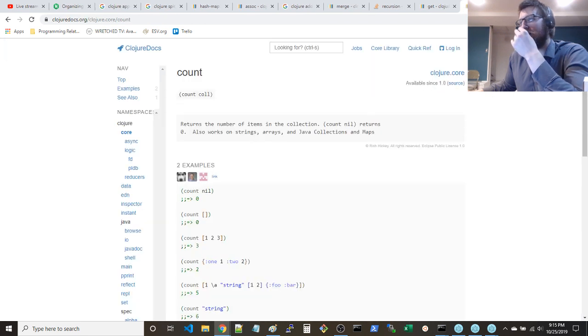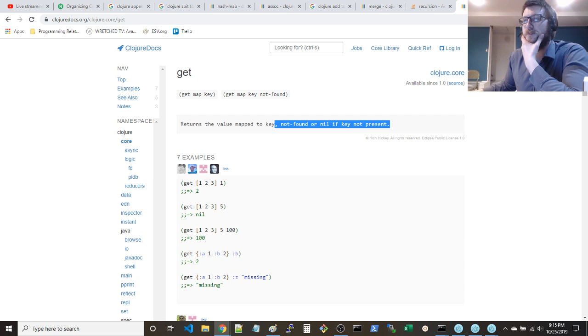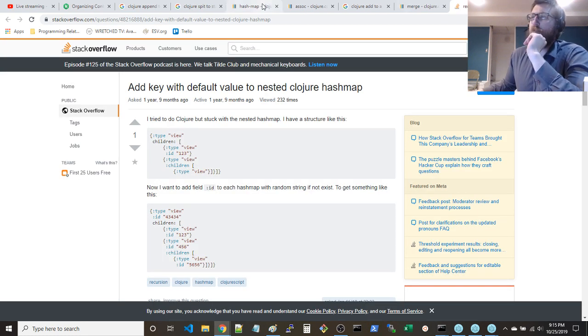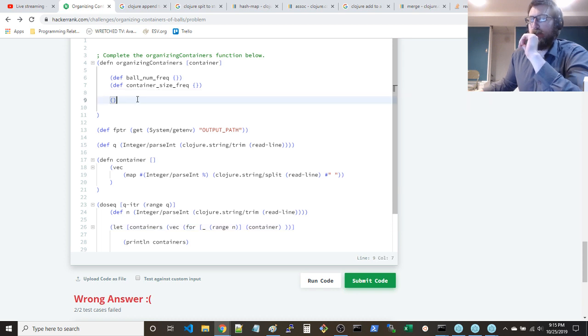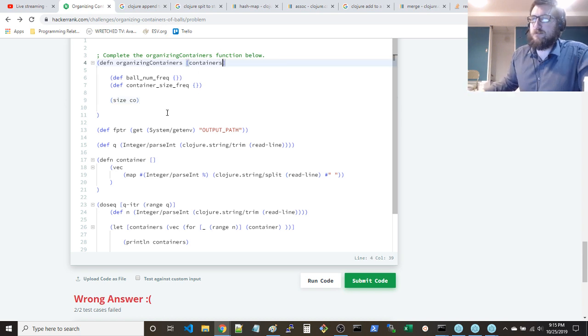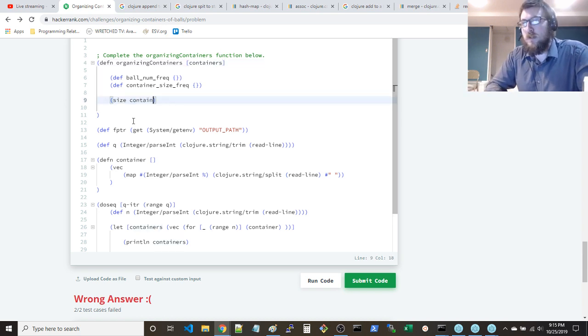Interesting. Okay, sufficient. So we can do size. All right. So we're going to do size of container. That's containers really. Size of containers, and we can say use a list comprehension